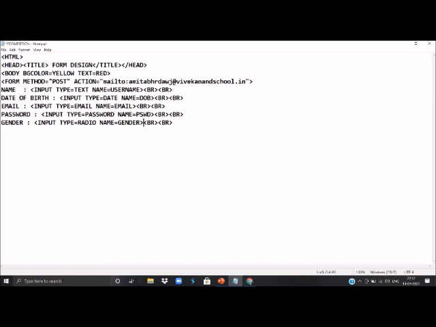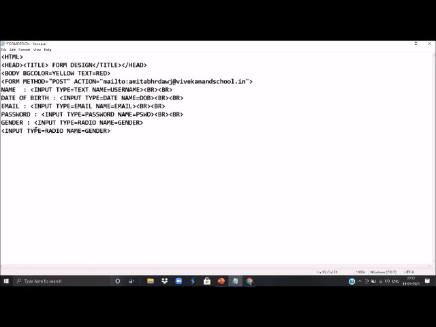and now we will copy it and we will keep on pasting it, but we'll have to keep one thing in mind, that we will have to use the same name for all the options.